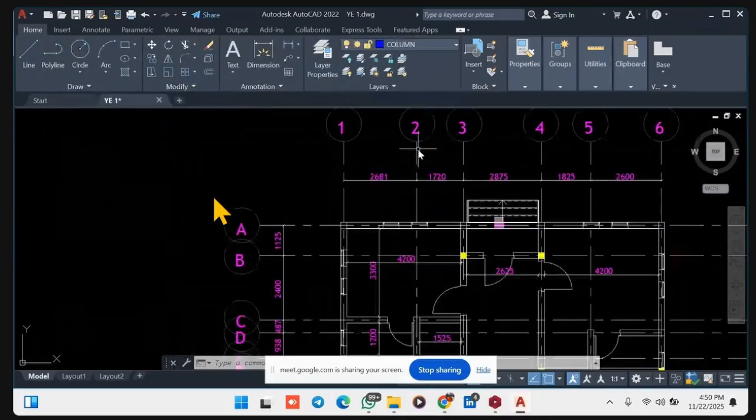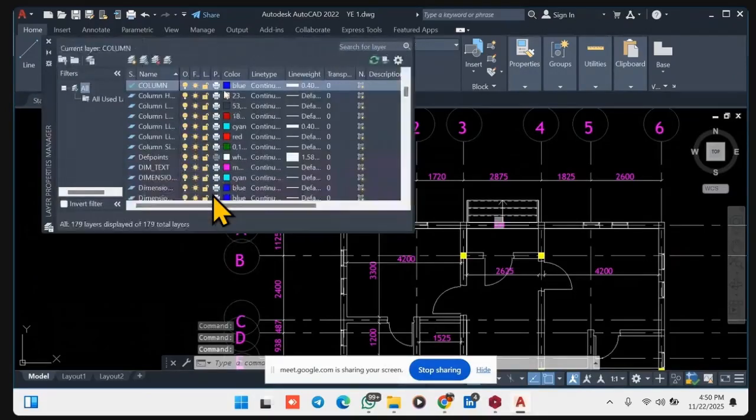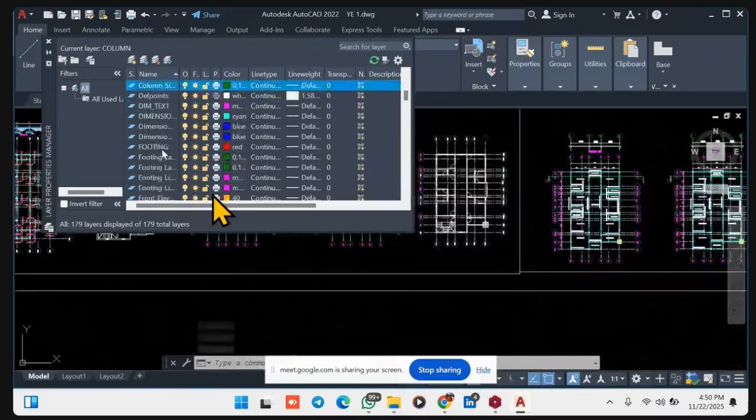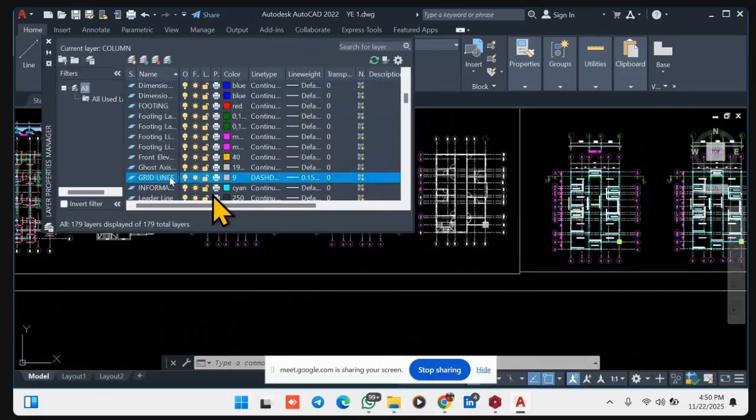We had our grid line. Check on the grid line and rename that one. You have given it a line weight of 0.15. You ensure that those two main lines